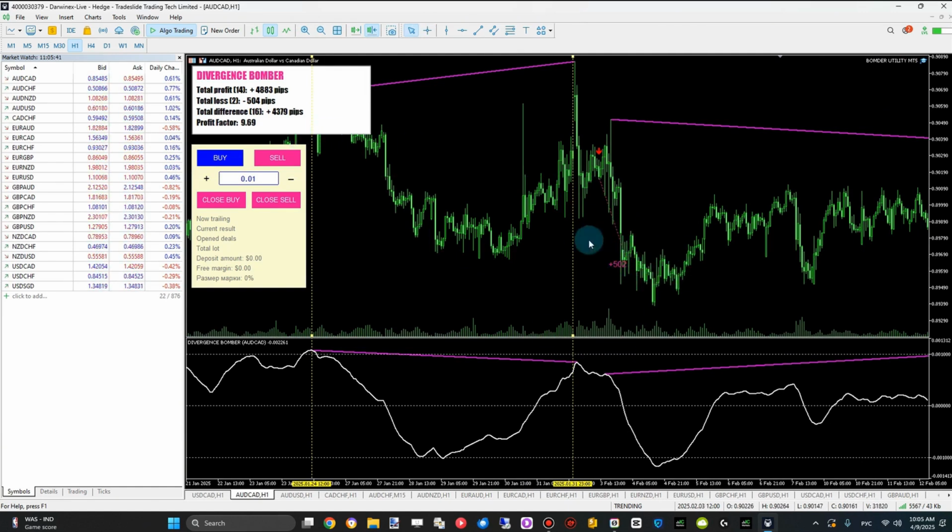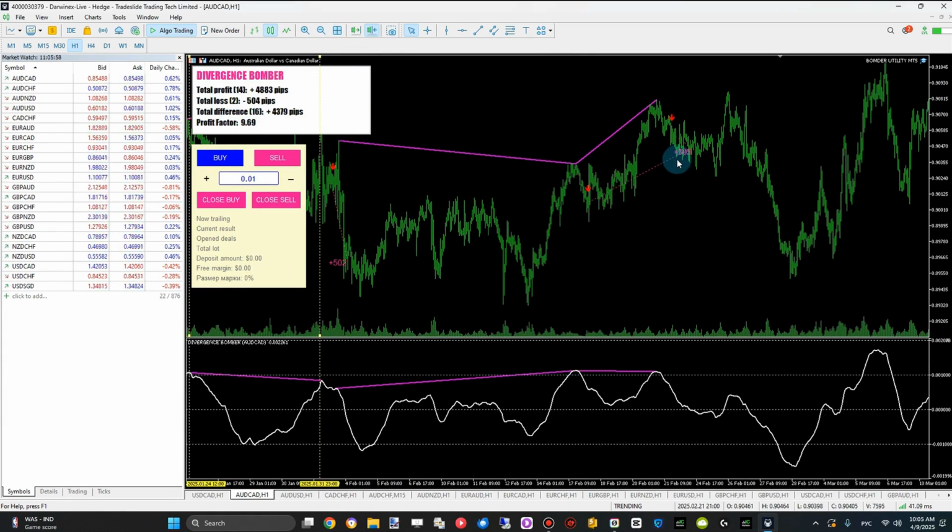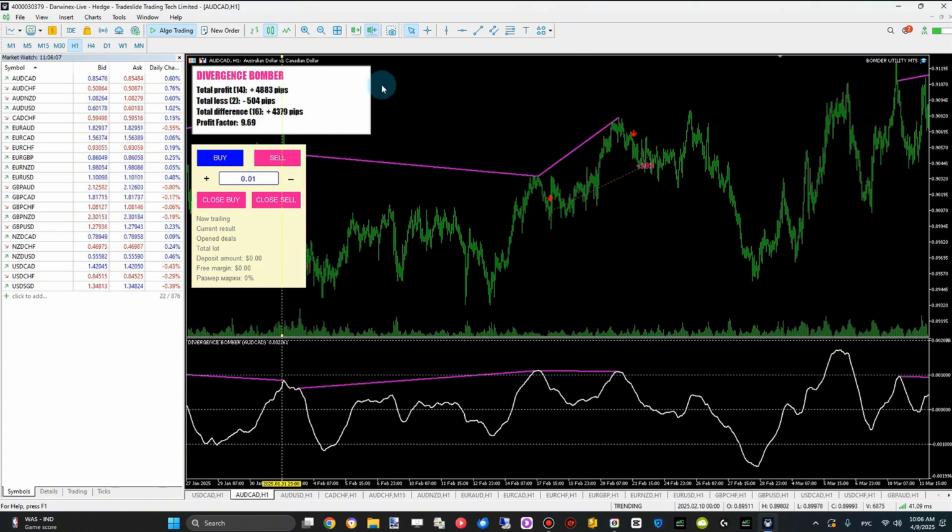And the overall cumulative statistics are displayed in a separate window. Here we see that there are 14 profitable trades and 2 losing ones, and the profit factor is more than 9. That is, the profits are 9 times greater than the losses. Just so you understand, this system is not the Holy Grail, and there are no tricks here. It's not about fitting to the story actually. And I will show you that this indicator also